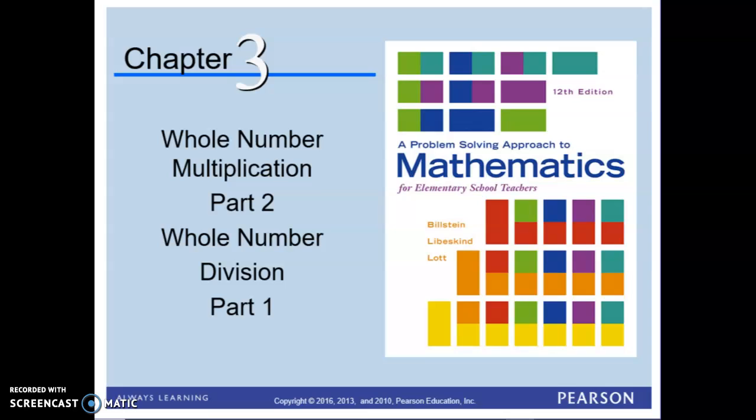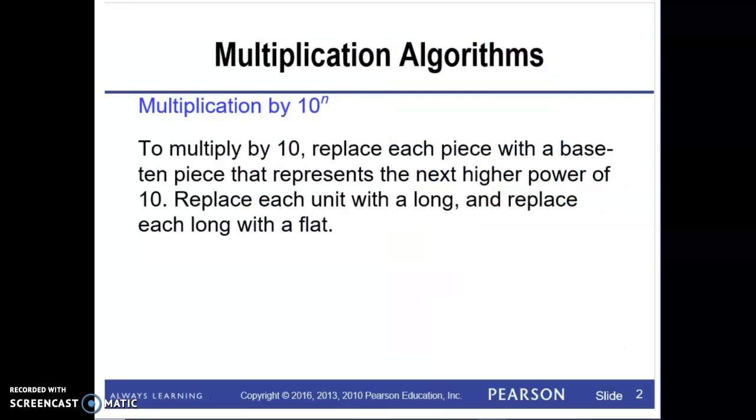All right, in this video, we are going to finish the things that we did not get to in class. This is the same PowerPoint that we were working on in the last class. It's just the slides that we skipped. So there was one part of multiplication that we did not get to, and that was multiplying by powers of